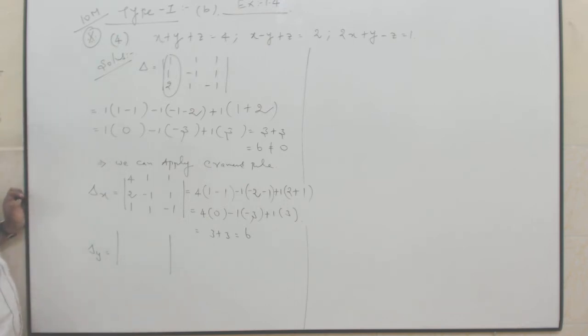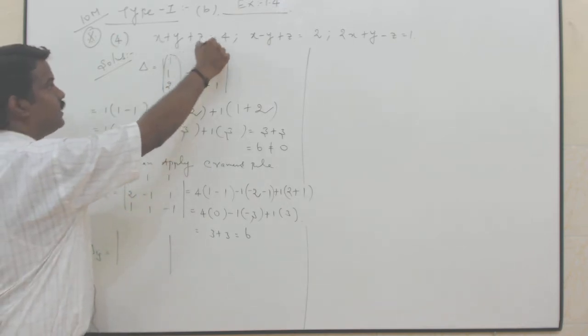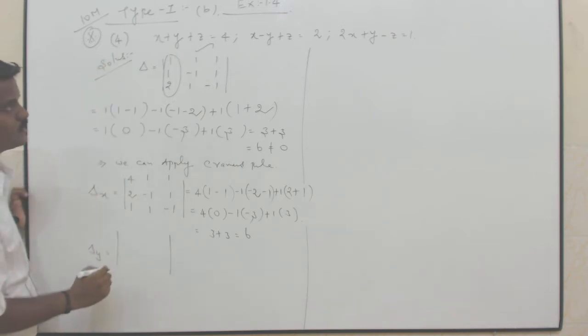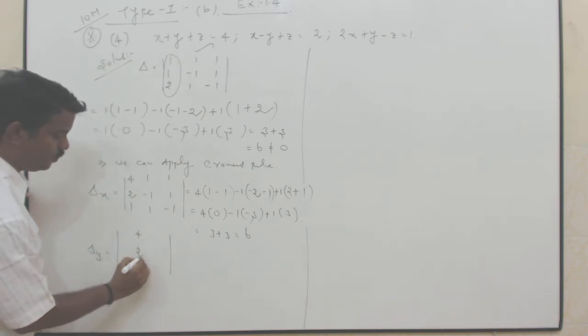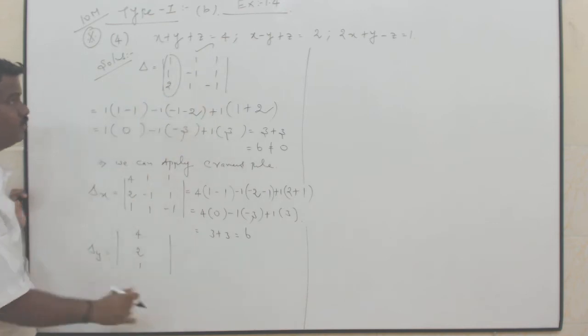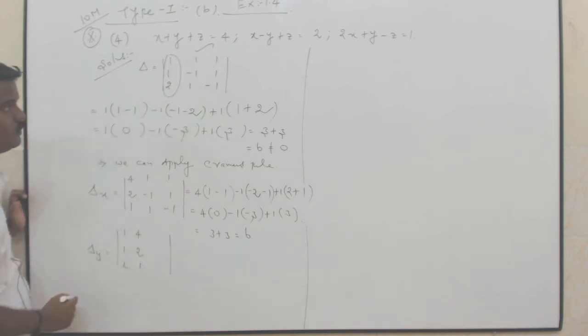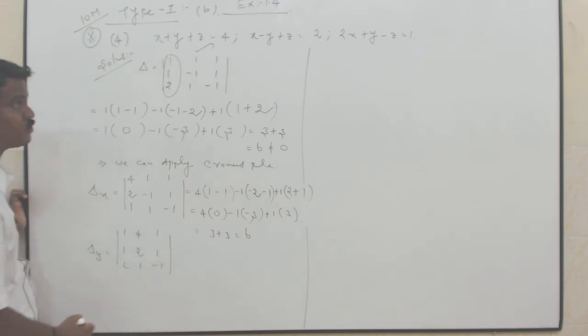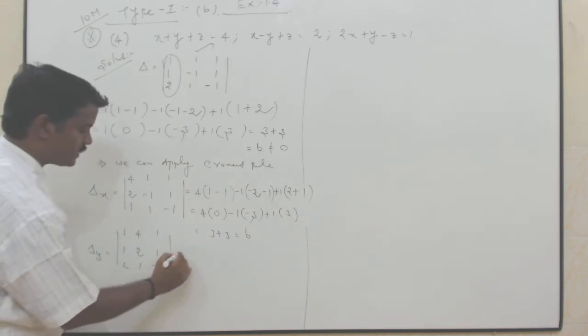How to find out delta y? Replace the second column in delta by the right hand side constants. 4, 2, 1. Look at delta, the first column and third column we have to write as it is. 1, 1, 2. What is the third column? 1, 1 minus 1. You expand this, 1 into